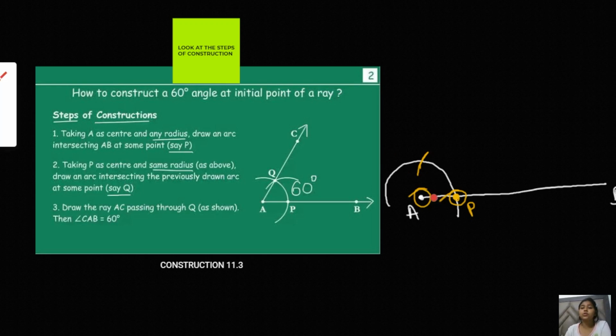What you have to do is draw the line segment, take one end of the line segment as the center and draw the arc. Where this arc will intersect with this line segment, name that point P or any variable. Then again draw the arc by taking that P as the center, and now you just have to join this.